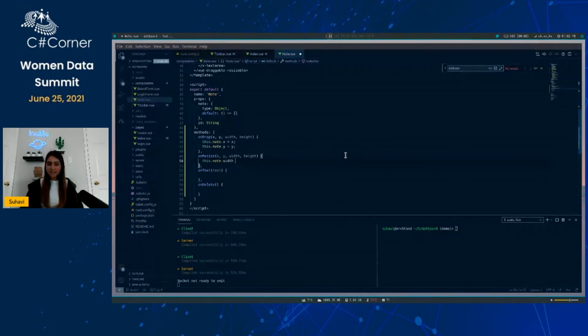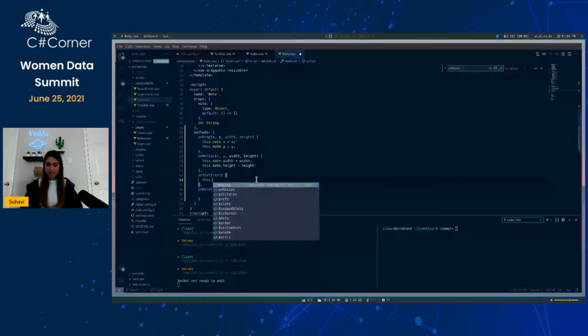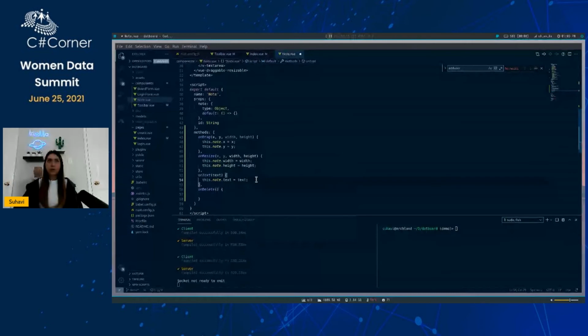I make a lot of typos when I'm coding, so bear with me. All right, and on the text, you can probably guess. Okay, and at this point, we aren't actually making any Firebase queries.